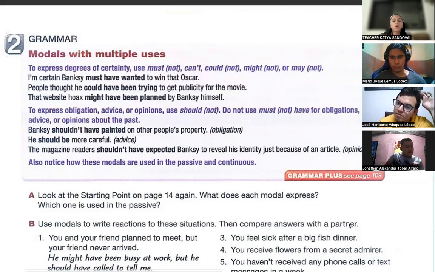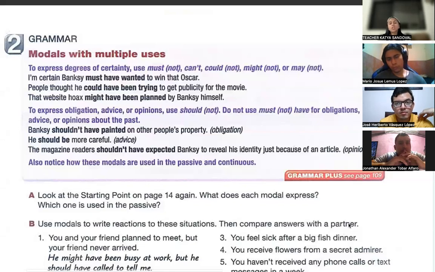So it says, model with the multiple uses to express degrees of certainty. Use must or must not, can't, could or could not, might not, or may not. I'm certain Banksy must have wanted to win that Oscar. People thought he could have been trying to get publicity for the movie. The website Hot might have been planned